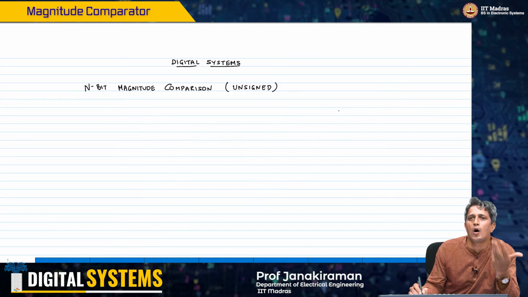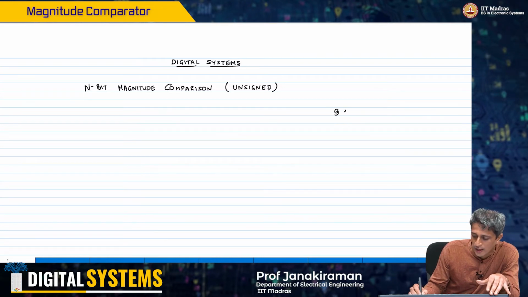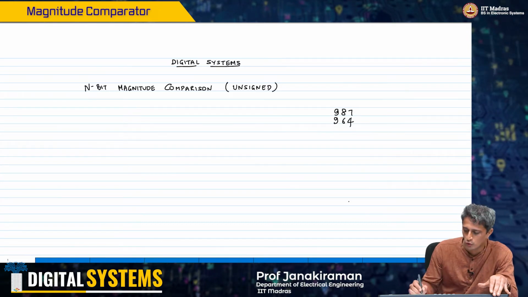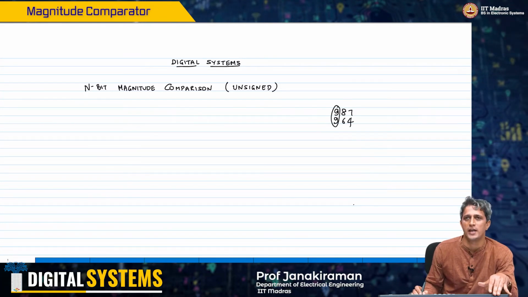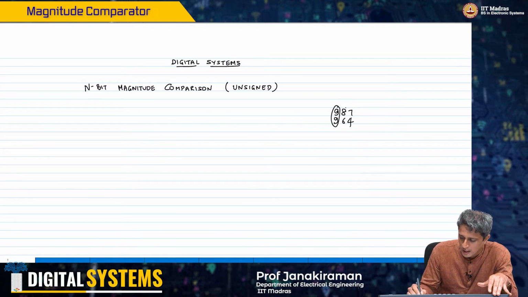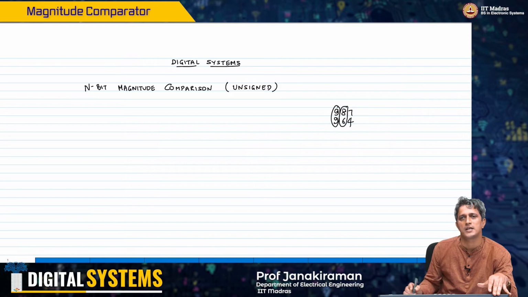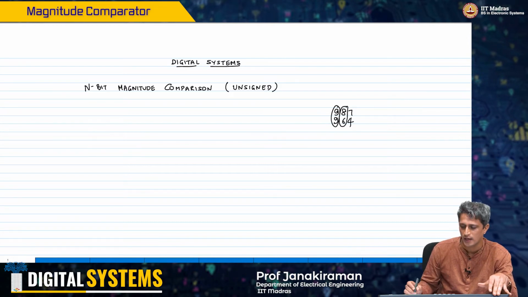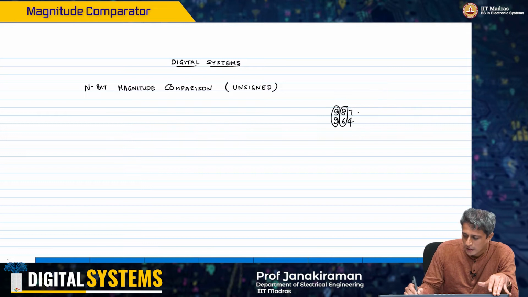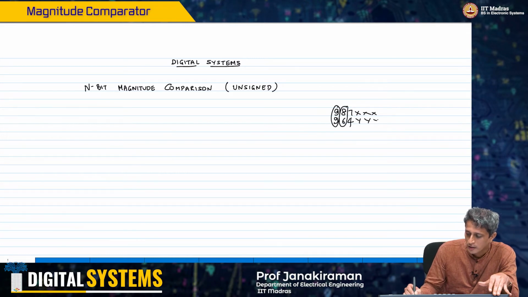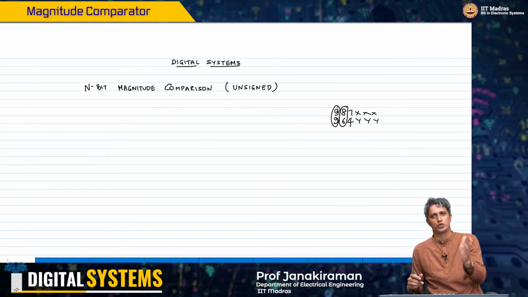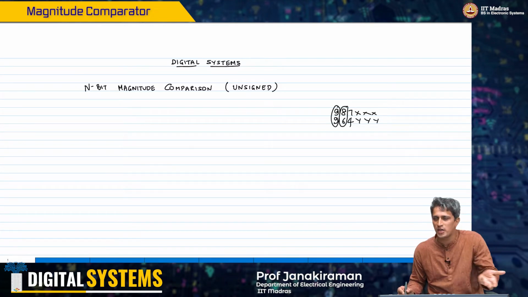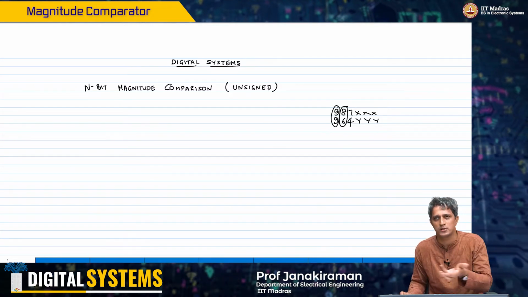So how would you do this in decimal? Suppose you have 987 and you're comparing it with 964. You compare the most significant digits. If they are equal, you go to the next one. If they are not equal and one is higher than the other, you simply stop. It doesn't matter if there are any more digits after this. You stop at the place where there is a mismatch and you are sure which is higher,